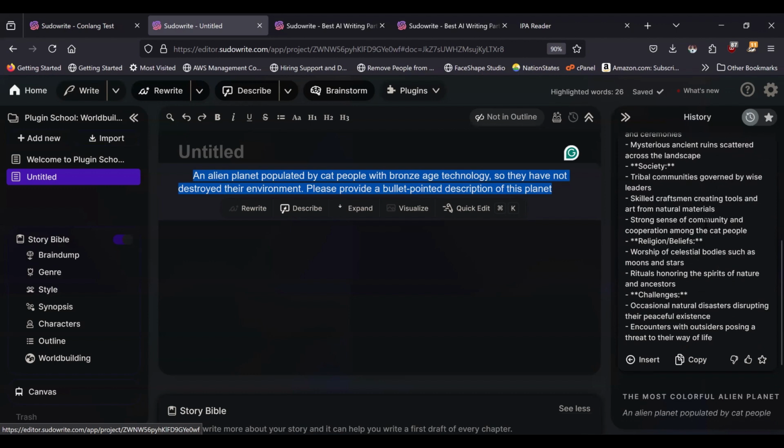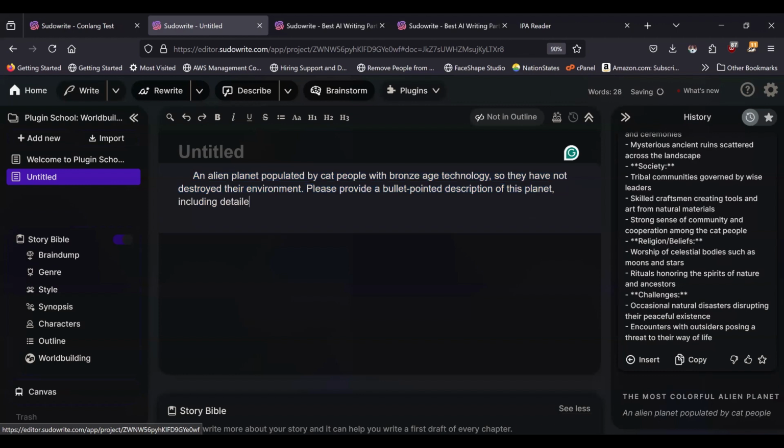It describes the society, religions, and beliefs and challenges, including occasional natural disasters disrupting their peaceful existence and encounters with outsiders posing a threat to their way of life, including detailed